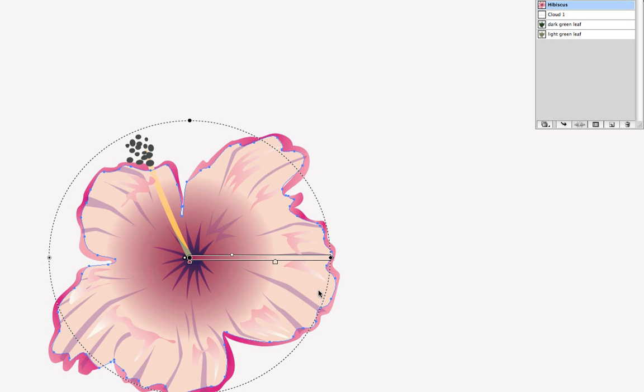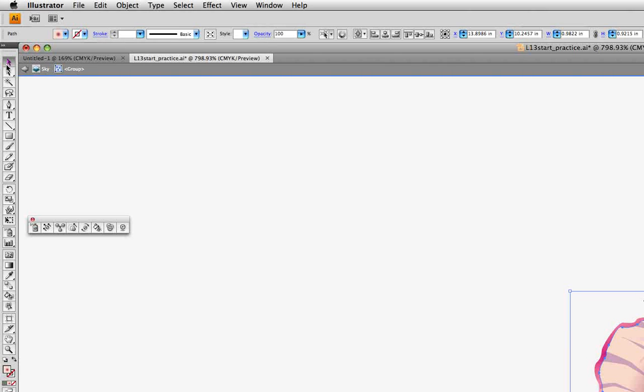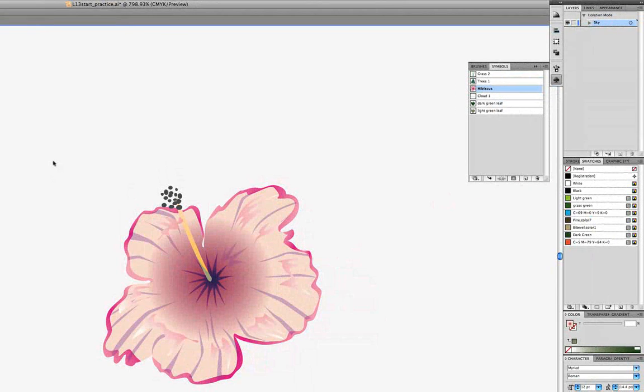And now I'd like to create a new symbol from this artwork. So first I'll go over here and get my black arrow selection tool, and then click on the arrow pointing to the left here on the gray bar to exit isolation mode. Okay, we're out of isolation mode, and with the black arrow selection tool, I'm going to click and drag around